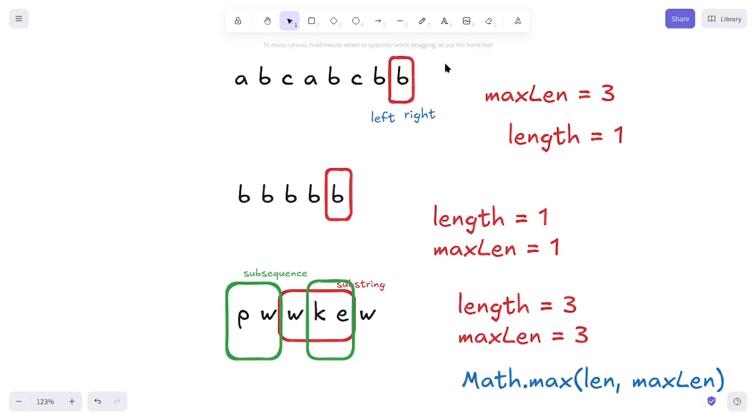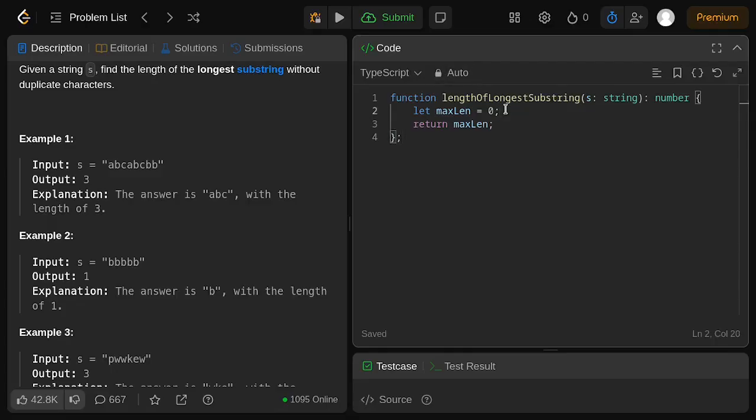So let's go back to our code. Since we already declared the maximum length, then of course we are going to iterate using the for loop. Or since we are using TypeScript, we can declare let right as the right pointer as 0, as long as the right pointer is not hitting the maximum length of the string parameter, using the length property. Then we are incrementing right++, and inside this for loop we can